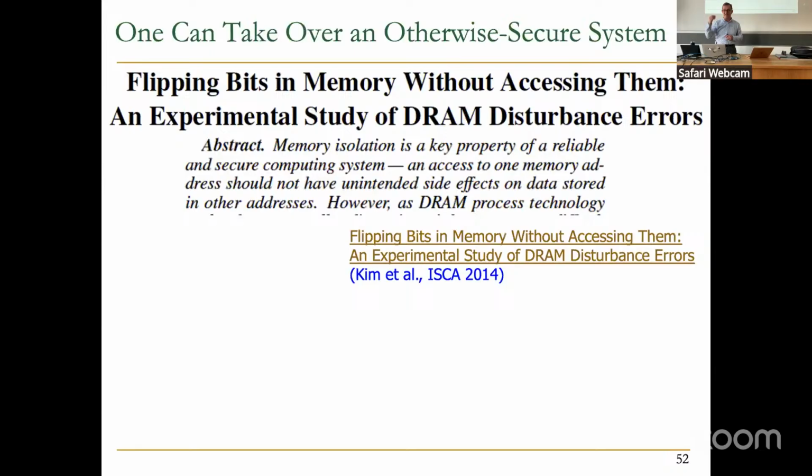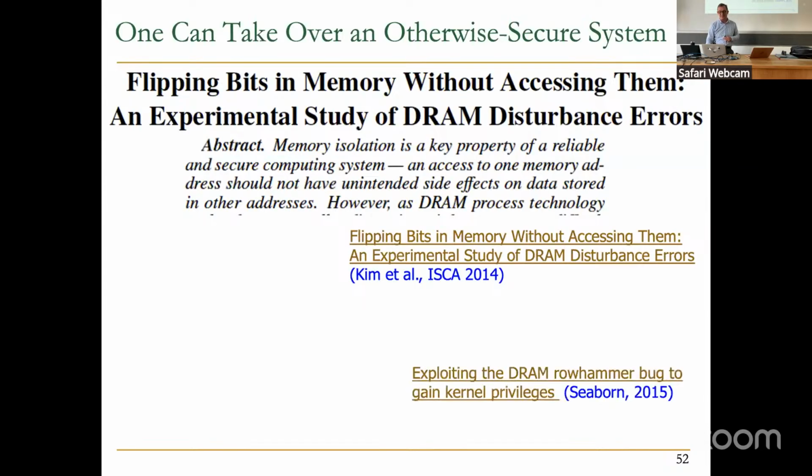So this was our paper. We're going to see more of this later on. Maybe I'll read the first sentence. Memory isolation is a key property of a reliable and secure computing system. And access to one memory address should not have unintended side effects on data stored in other addresses. And this is very real, in my opinion. That's the isolation, basically, between different addresses. And we said,